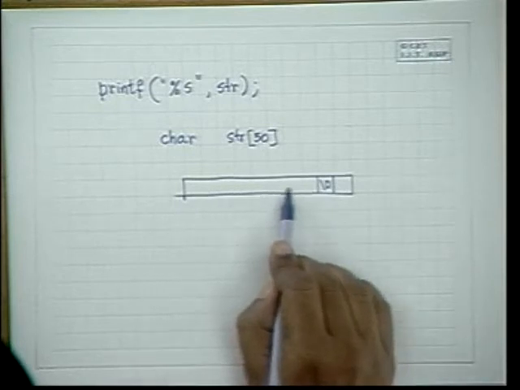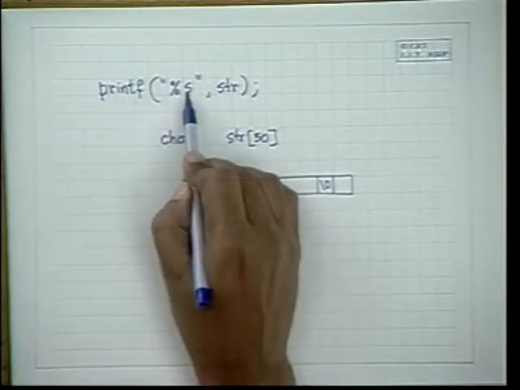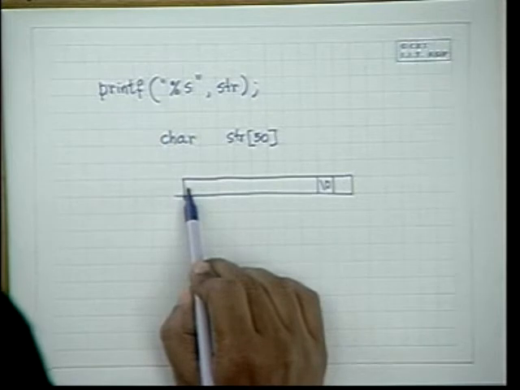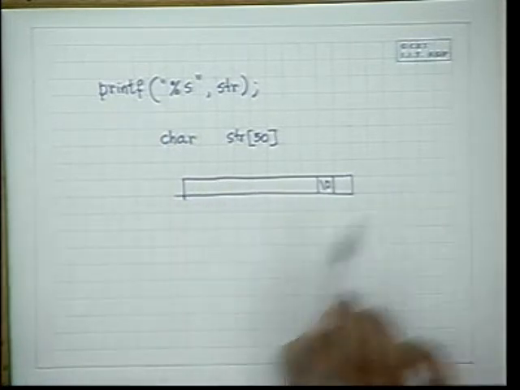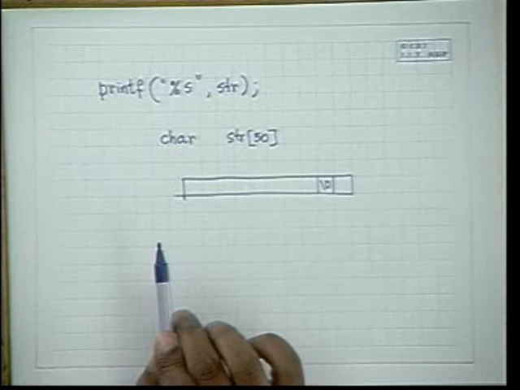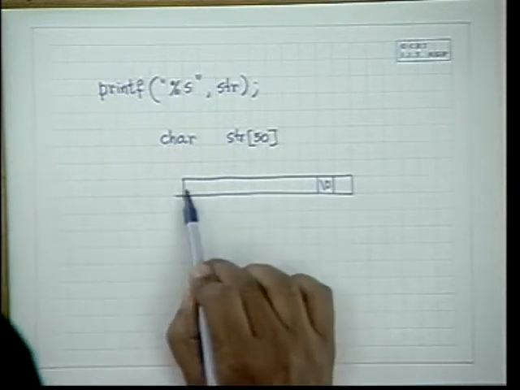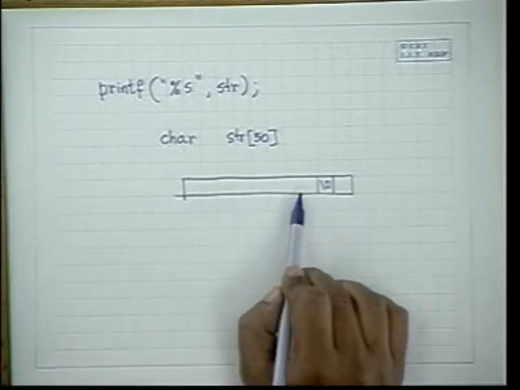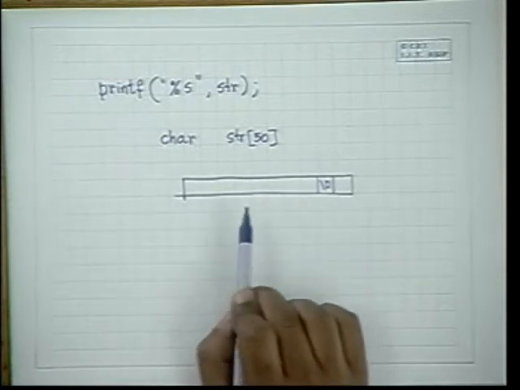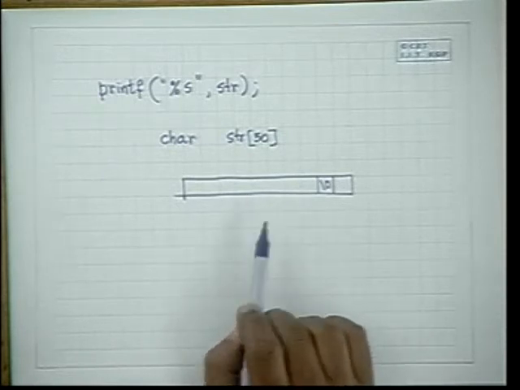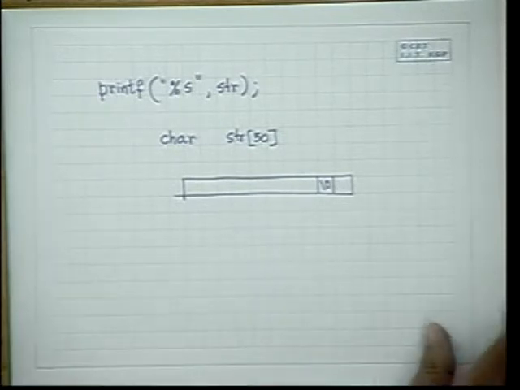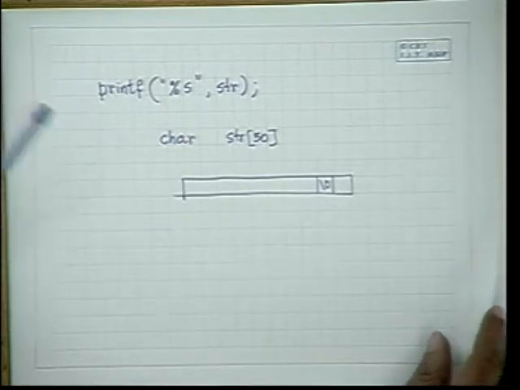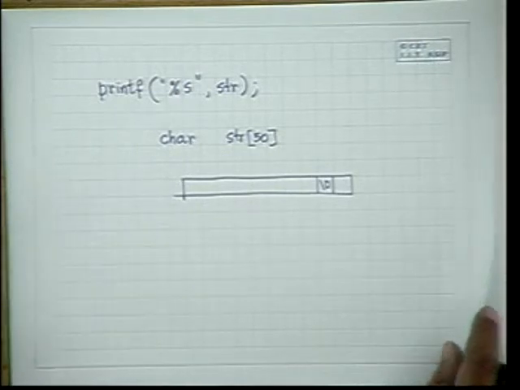If there is no \0, then this function for printing in %s format will go on continuing till the end. All right. So we'll just see how to read and write strings, and then we will work out the permutations problem which we were discussing on strings. So we'll just look at the permutations program for just reading and writing a string, and then we will see how we actually do the permutations and how we write out a program for permutations.